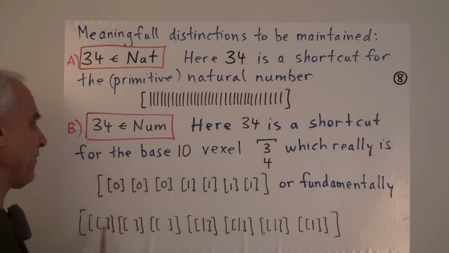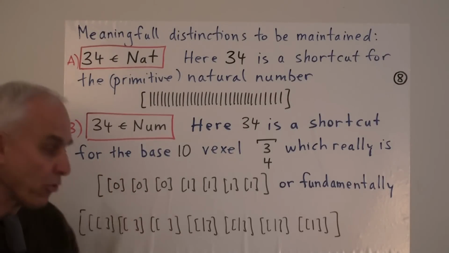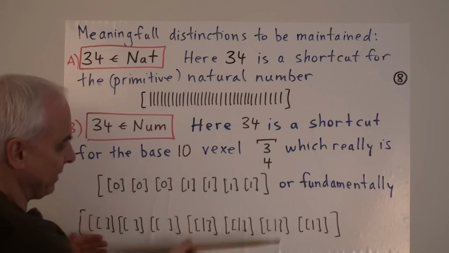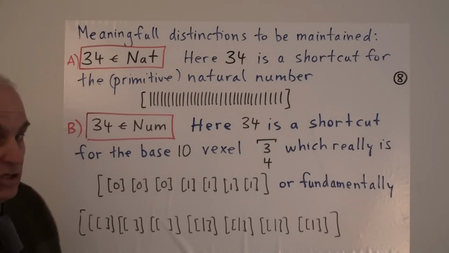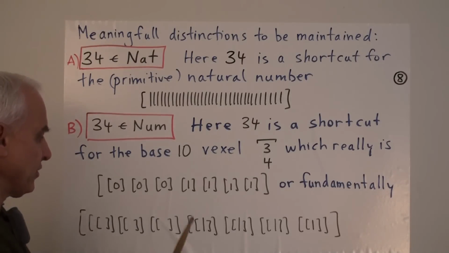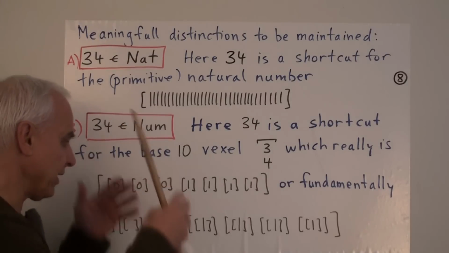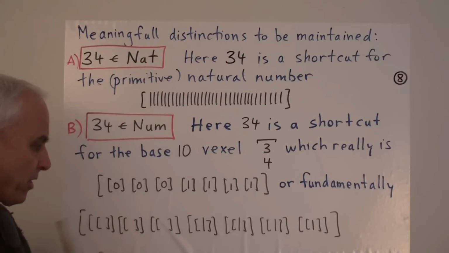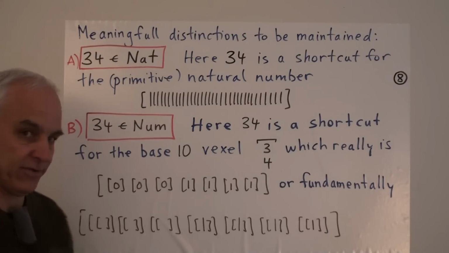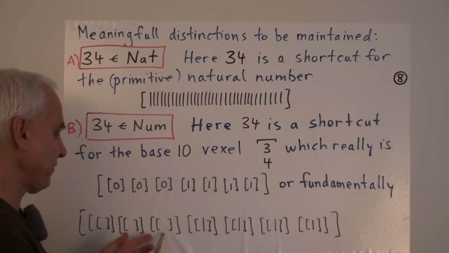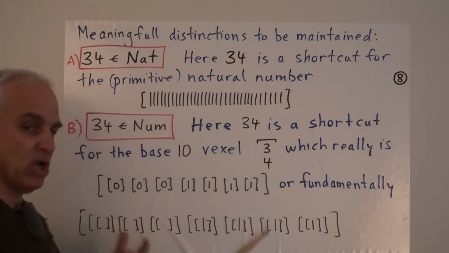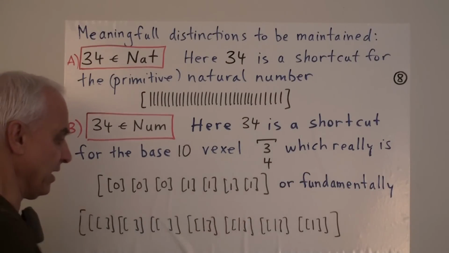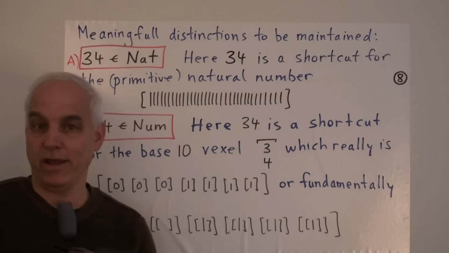So if we're looking at 34 as a Hindu-Arabic numeral, then ultimately it really comes down to this perhaps somewhat formidable looking expression. But that's stripped of all higher level things, and we're going right down to the level of things involving emptiness and somethings. So it's emptiness or nothing and something, packaged up and presented in a suitable data structure kind of way.